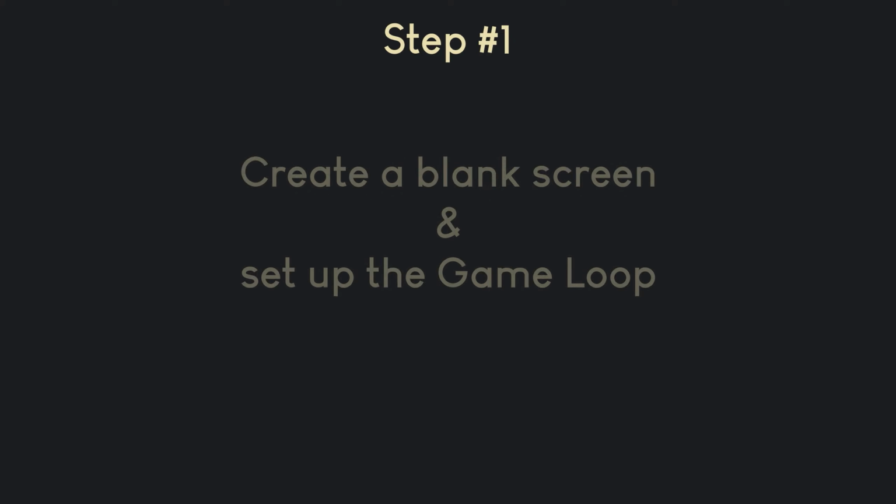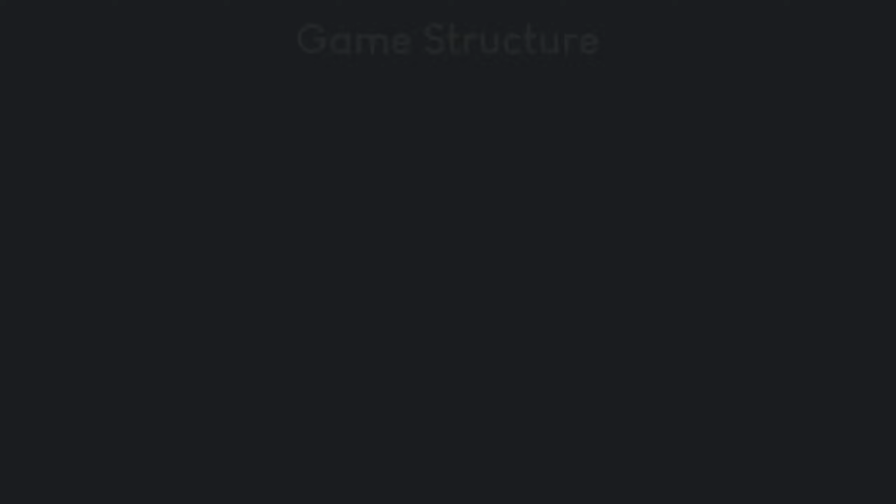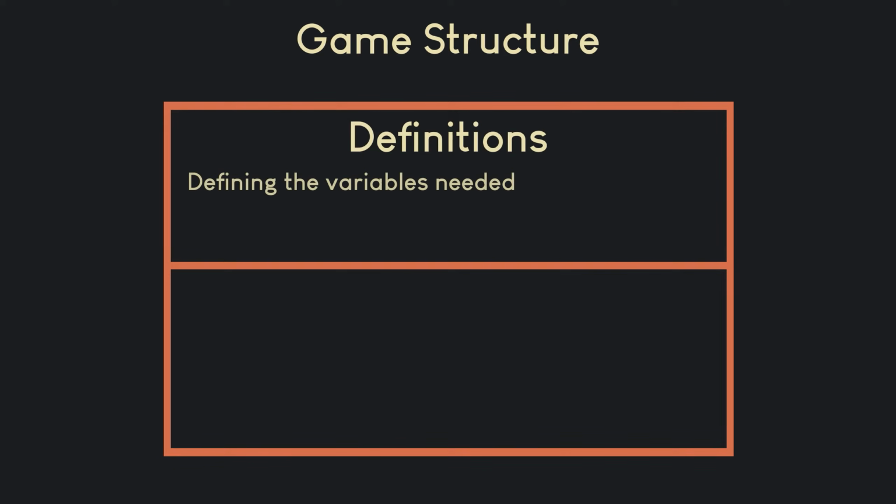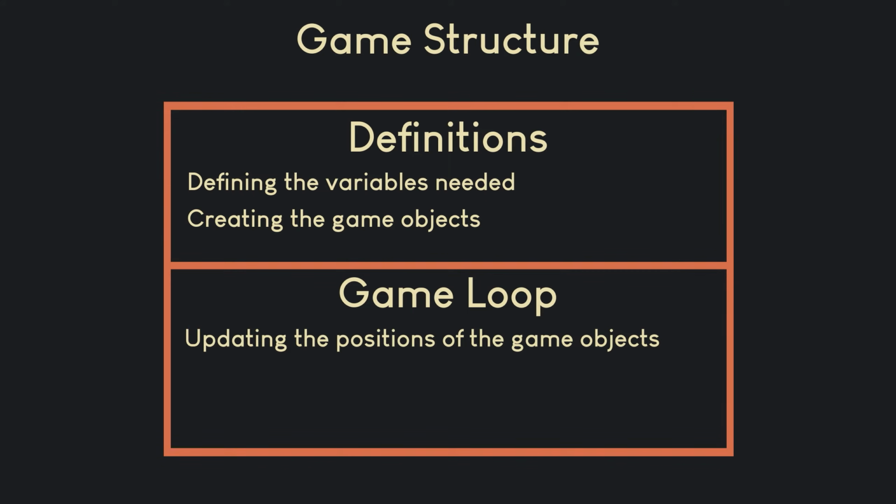The first step in building our Space Invaders game is to create a blank screen and set up the game loop. Before we start, it is important to understand the structure of a game. Every game consists of two parts: the part where we define our variables and game objects, such as the spaceship, the aliens, and the UI, and the game loop, which is responsible for updating the positions of the game objects